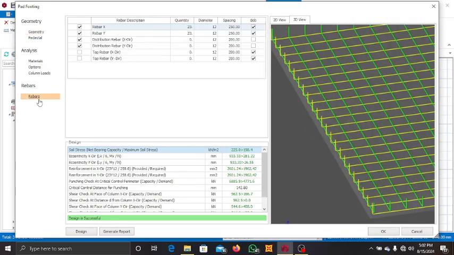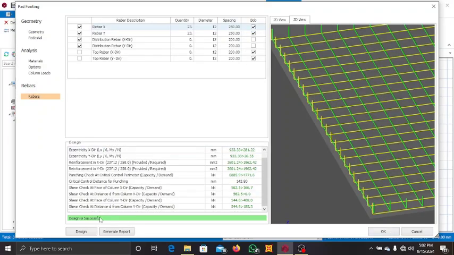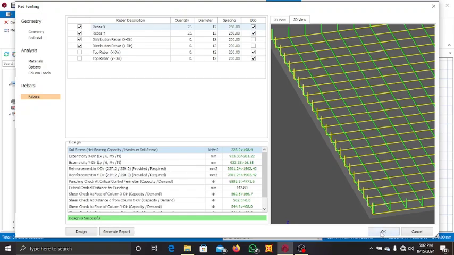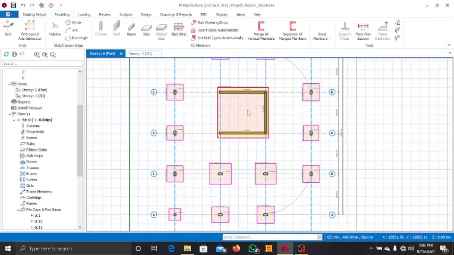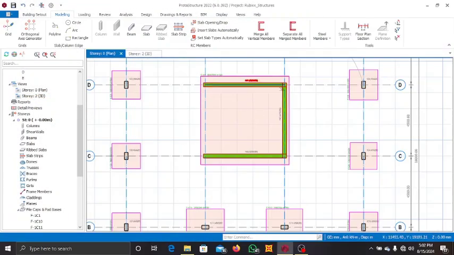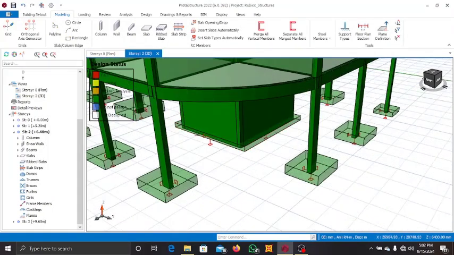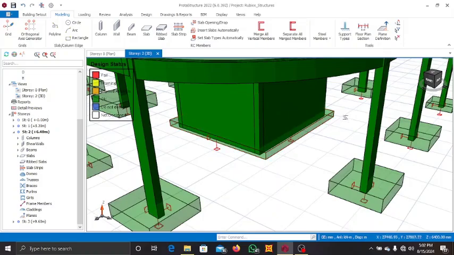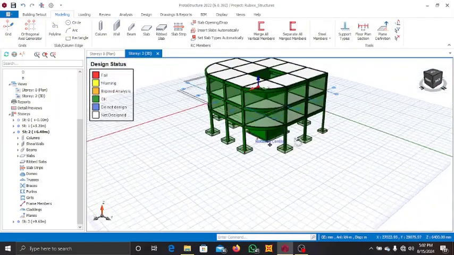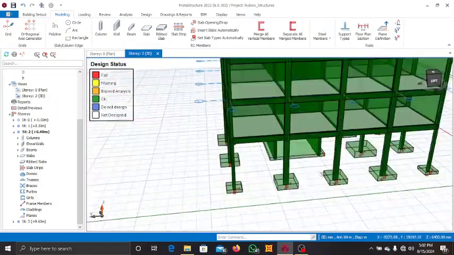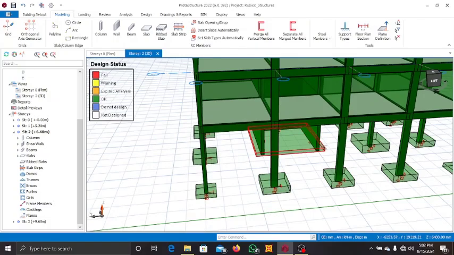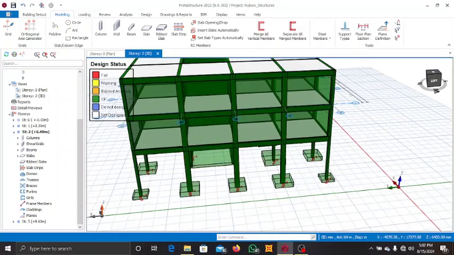Come to rebars to see. Provided Y12 at 250, Y12 at 250. Okay, so you can press OK. See, your design status is successful. Click on OK. So it has provided pad for your wall, so you can come to your 3D view and look into that. Zoom in, and this is your pad base view. Zoom that, see this. So now it has provided pad base for the wall, and so that's how you design